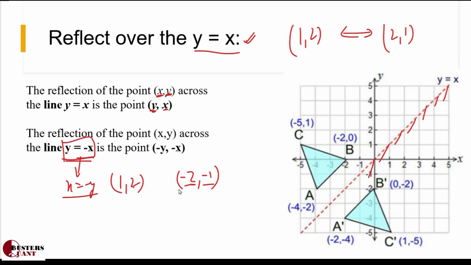So in case of y equal to x, just interchange the x and y coordinates. In case of y equal to minus x, this line will be like this. Yes, this line is y equal to minus x. This was y equal to x. For y equal to minus x, the x and y coordinates interchange, and also the sign will be negative, opposite. This is also important. In the first, the sign will be the same, we just need to interchange. Here it is interchange plus change of sign.